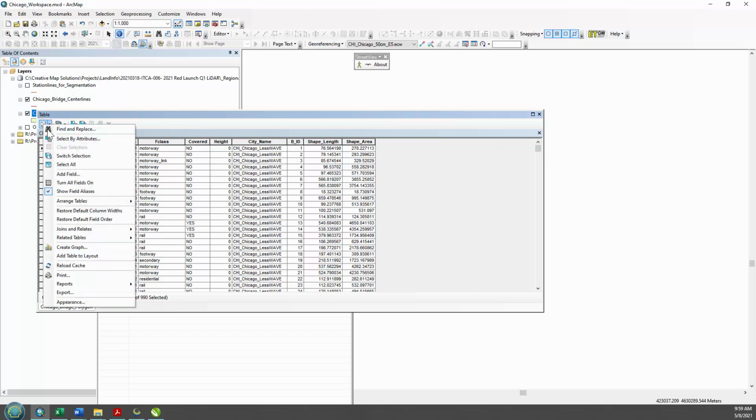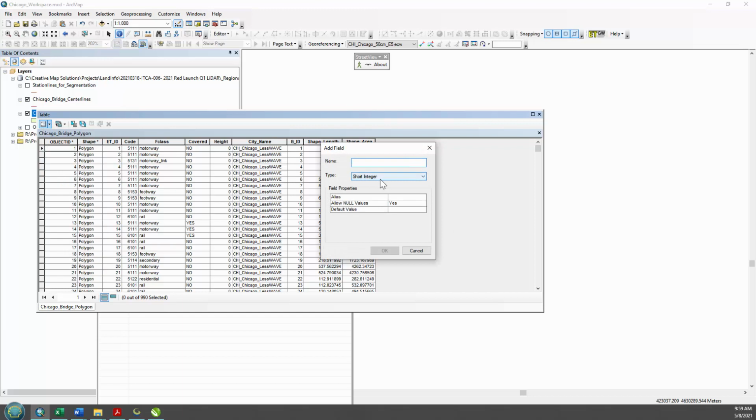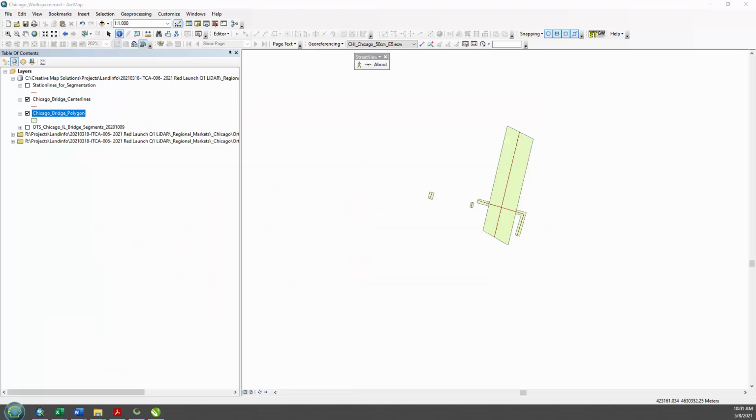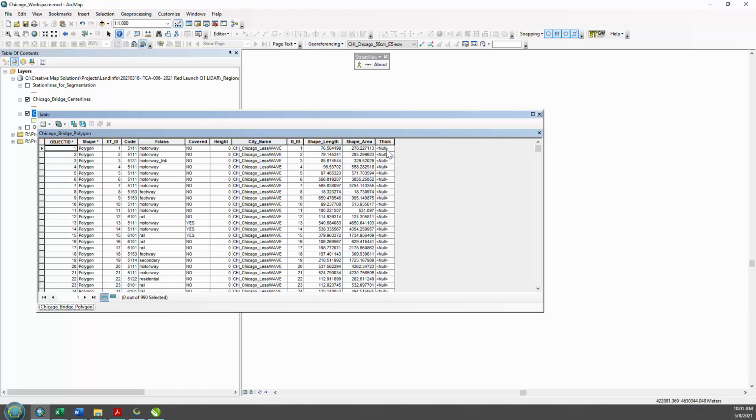And so we can do that by adding a field here called thick. And this is for getting the estimated thickness of the bridge. So each bridge, I've added thickness bridge. So what is the thickness field? The thickness field is what we estimate as being the concrete base of the highway or the bridge